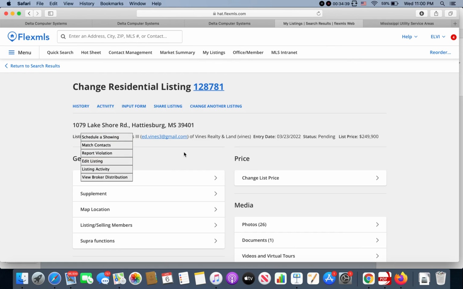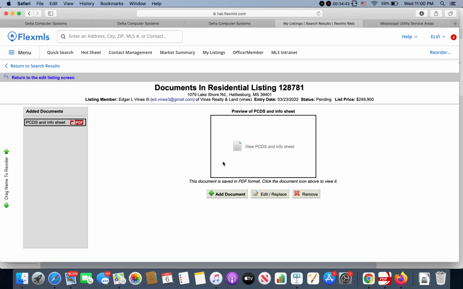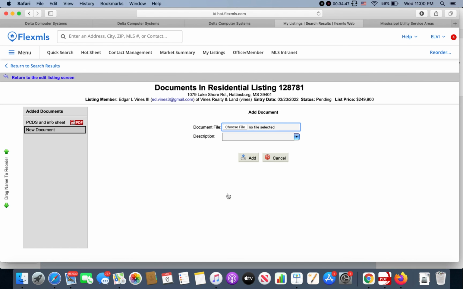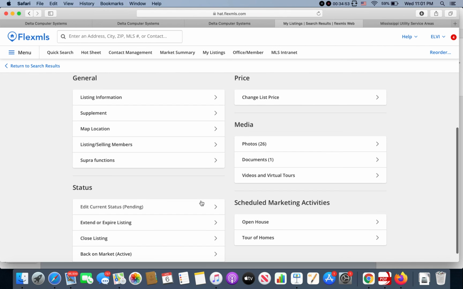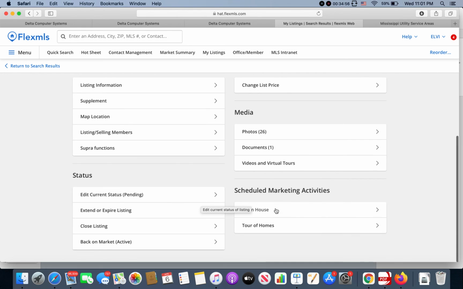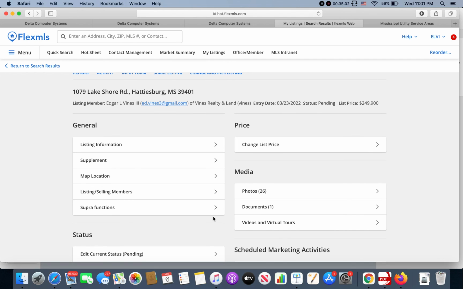Back to Edit Listing. You can also upload your documents. This is where you upload your property condition disclosure statement. You just click on here, go to Add Document, choose the file, self-explanatory. Let's see, you can schedule an open house or a tour of homes. It's up to you. Open houses,